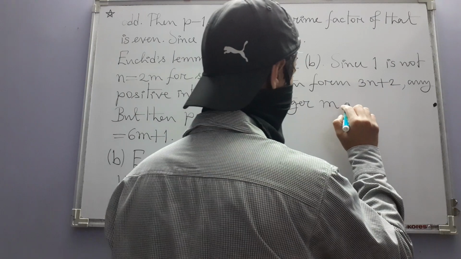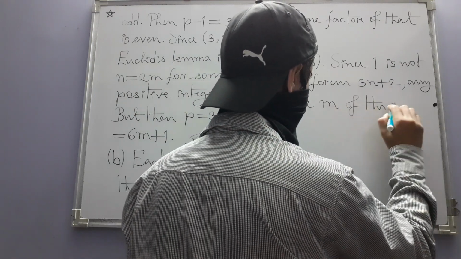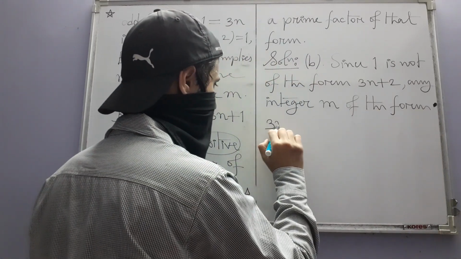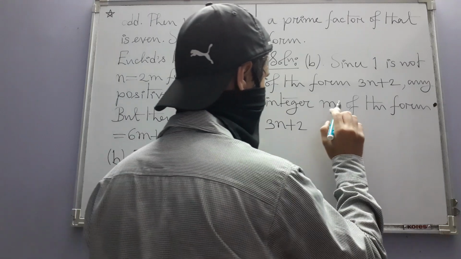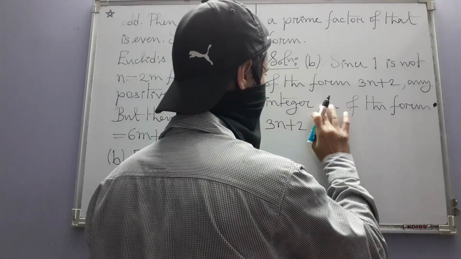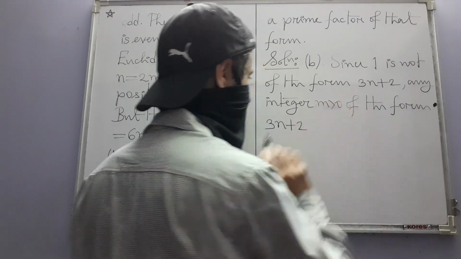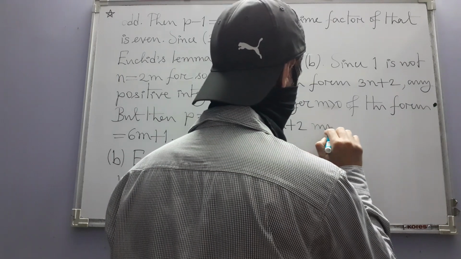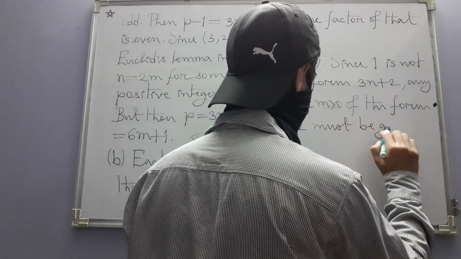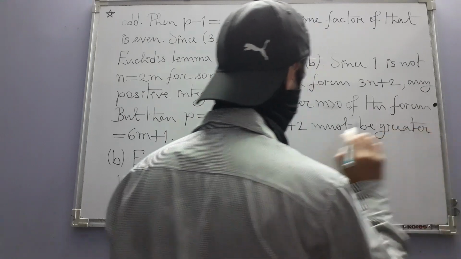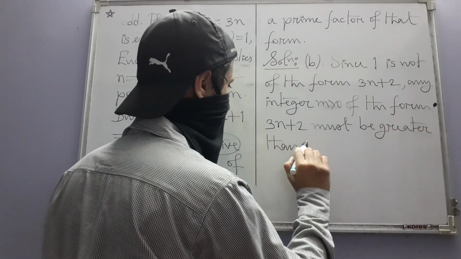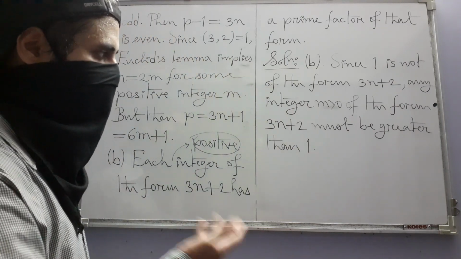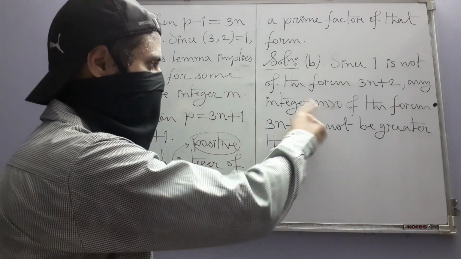Any integer m of the form 3n plus 2, any positive integer I should have mentioned. Let me write like this: any integer m greater than 0 of the form 3n plus 2 must be greater than 1. And because of this, now we can apply the fundamental theorem of arithmetic to such an integer,